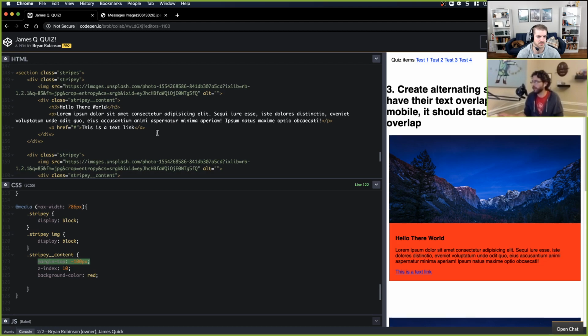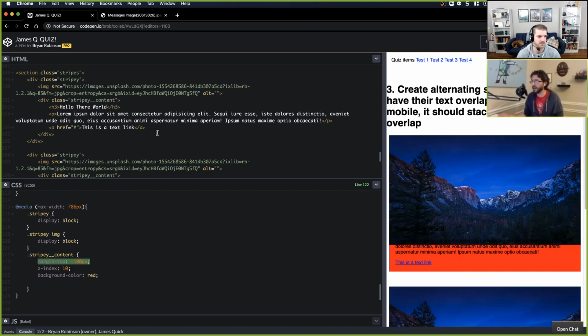I'm going to test that real fast. But the problem is we don't have a stacking context to work within right now because we don't have any positioned content. Nothing has position relative, position absolute, that sort of thing on it. So theoretically, if we create this as a stacking context, if we're talking about the potential z-index, is there any possible way that the background could be on a different layer than the text?